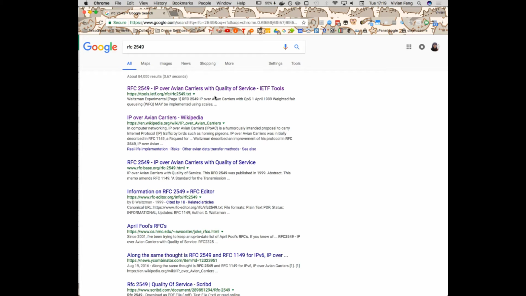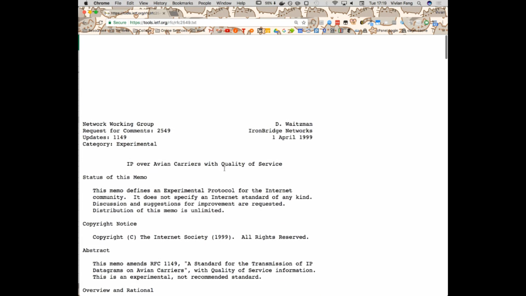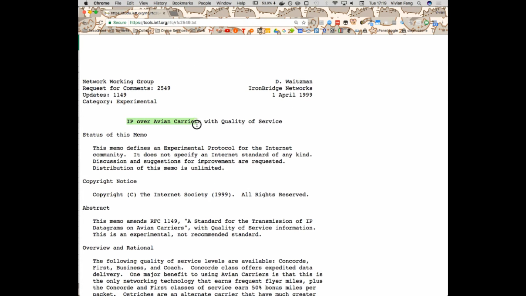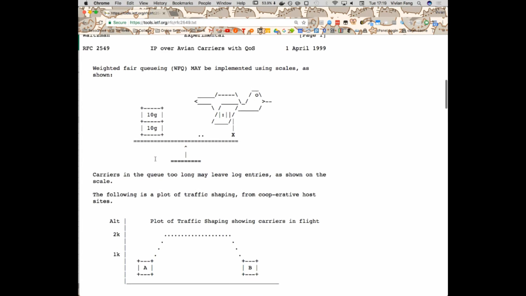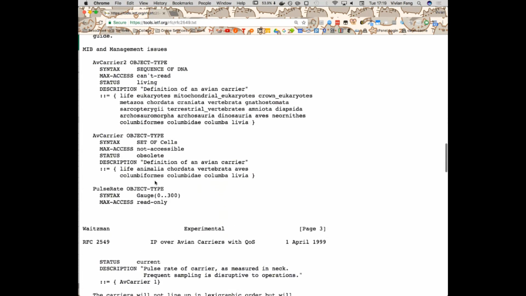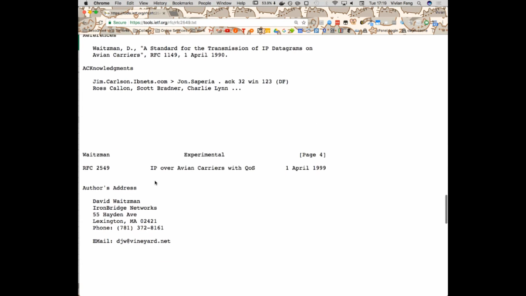They're all networking protocols that have a spec in an RFC. There are 3 RFCs that talk about network protocols for over avian carriers, so over carrier pigeons. It was an April Fool's thing, but they're very serious about it, and they say we could do weighted fair queuing by actually weighing the pigeons. It's really extra.